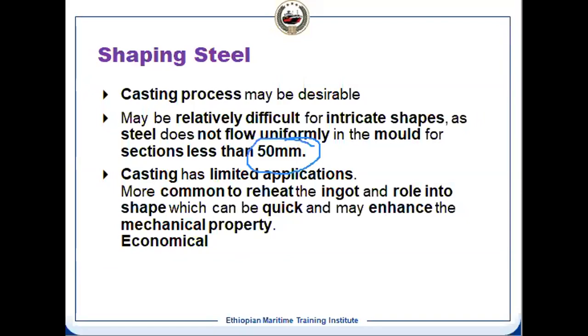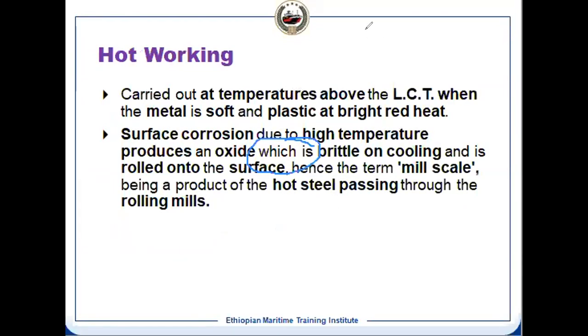Now one is hot working. What is hot working? Hot working is above the lower critical temperature. We have seen the lower critical temperature, that is the eutectoid temperature. When you move above that, then what will happen? We can give a plastic deformation and it becomes red hot. Like I just told you, the ingot you make red hot for hot rolling, and then you give the shape. In that case, you have to increase the temperature above the lower critical temperature, and your force requirement also will be less.